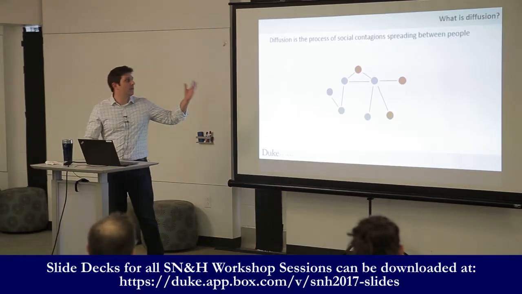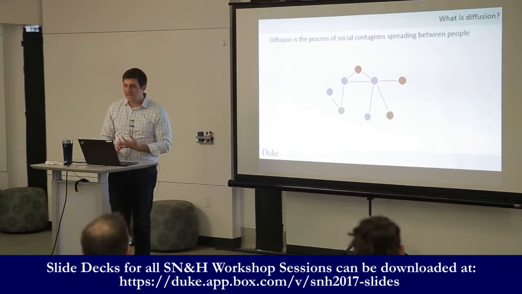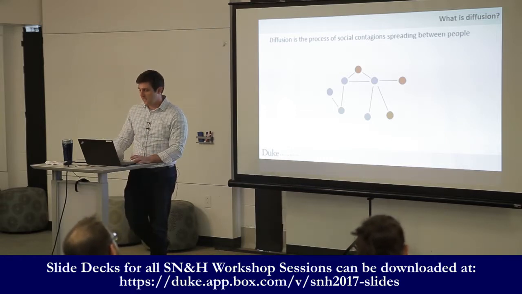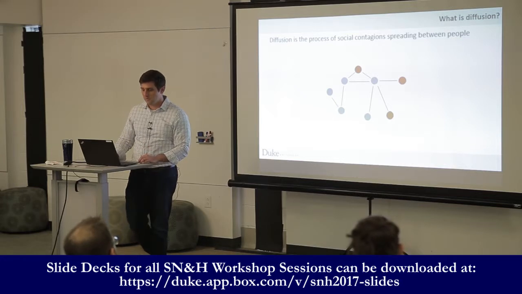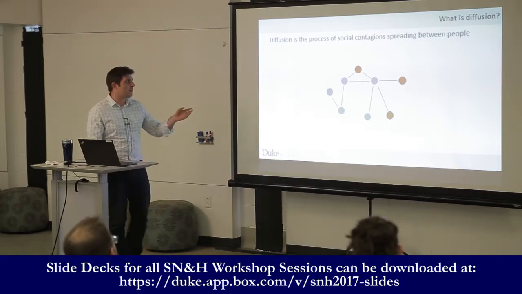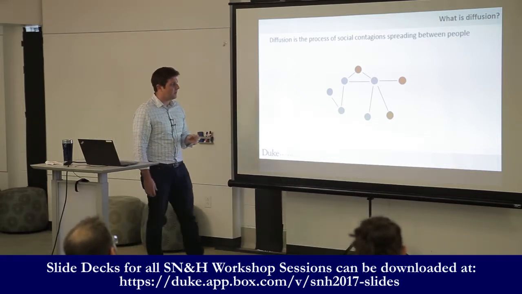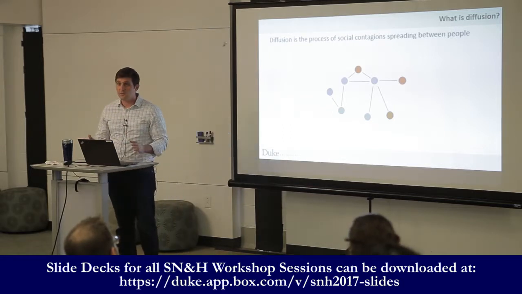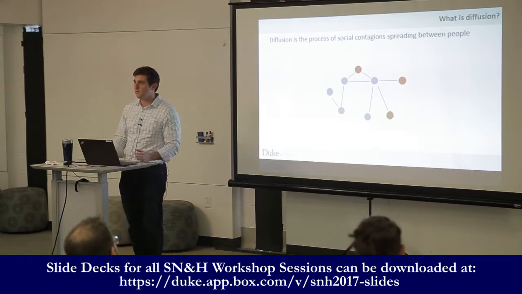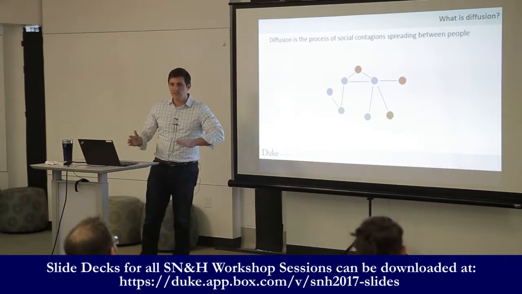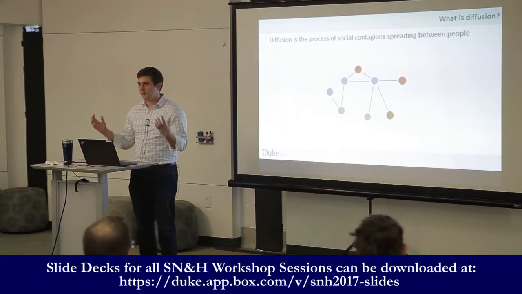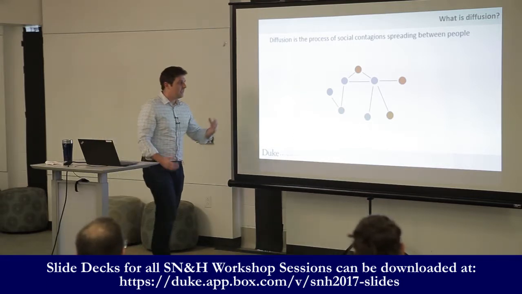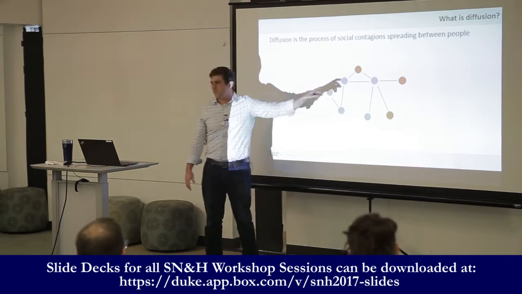So the process that I'm going to be talking to you about today is diffusion, which is essentially the process of things spreading through the social ties between people. I've drawn out a toy network to show you what I mean at a very simple level. To be honest, this is going to sound a little bit simplistic, and it's really a very, very simple and straightforward idea. So I don't want you to get too bogged down in the, oh God, there's math. Because fundamentally, all we're talking about is that these two people are connected, and something can spread from person A